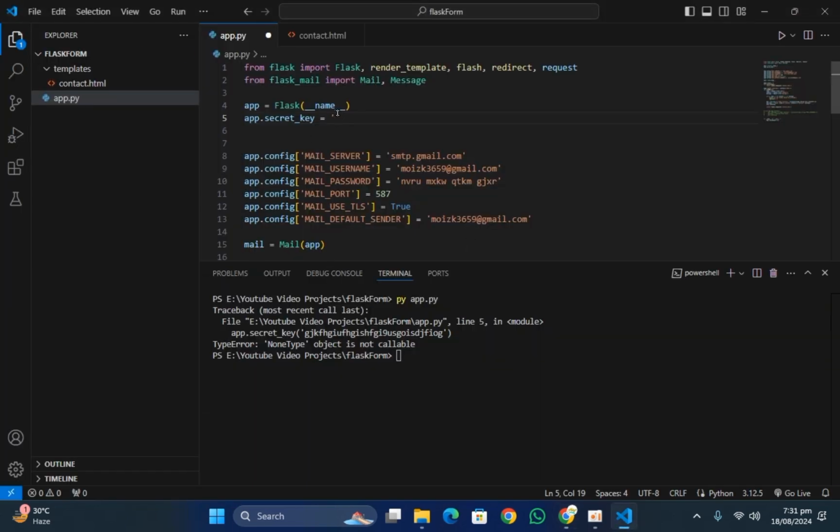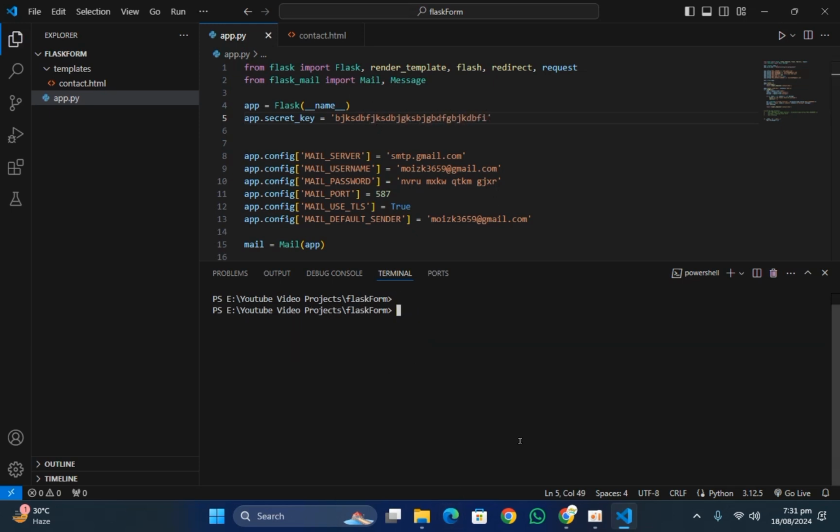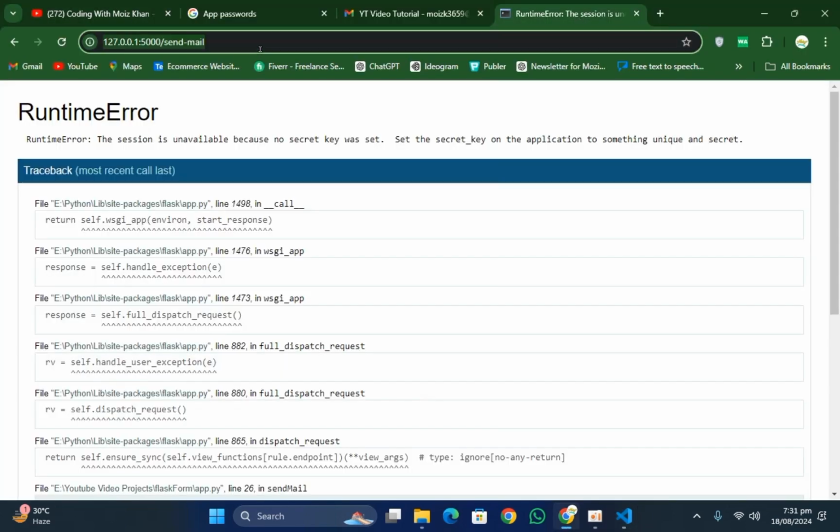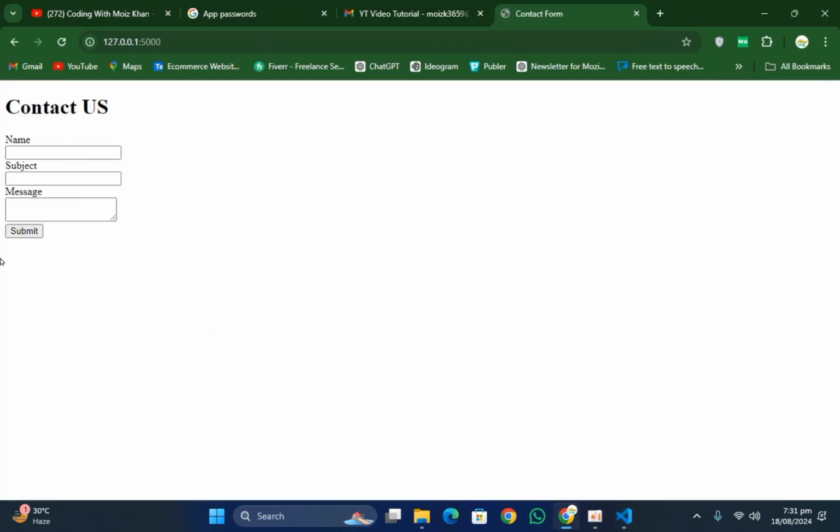So you have to pass a random string here to get rid of this error. You can pass anything here, that's up to you. This is the secret key of your app, so you do not give the secret key to anybody. Okay, this is a secret key, and this is a really good secret. Okay, so just come here, and now if you just go back and click on submit,